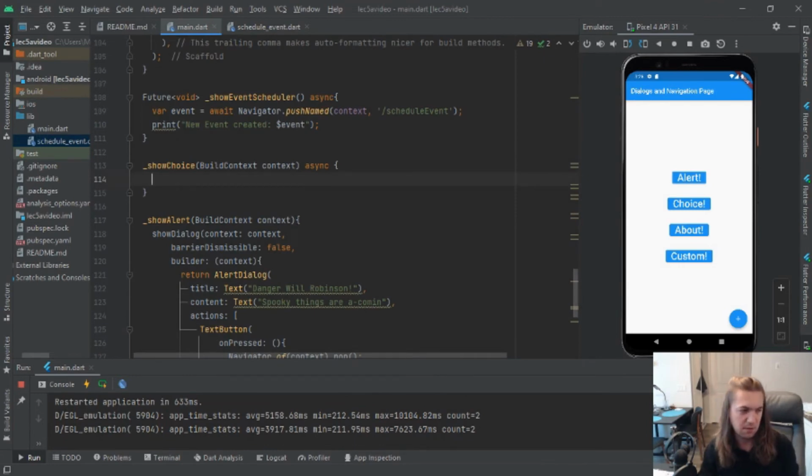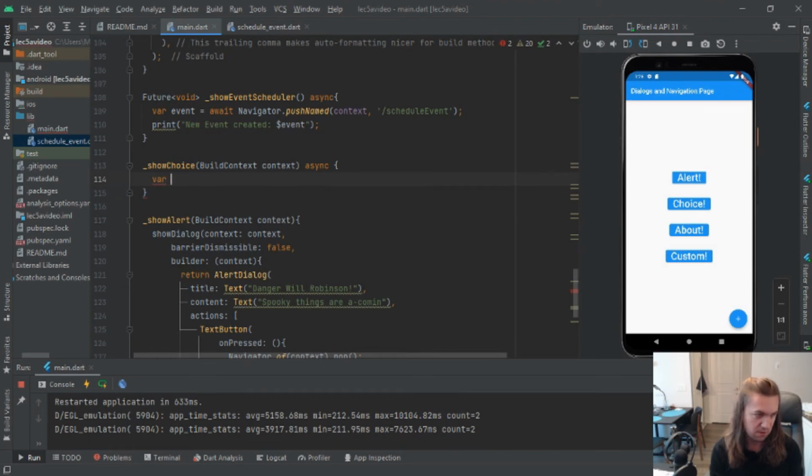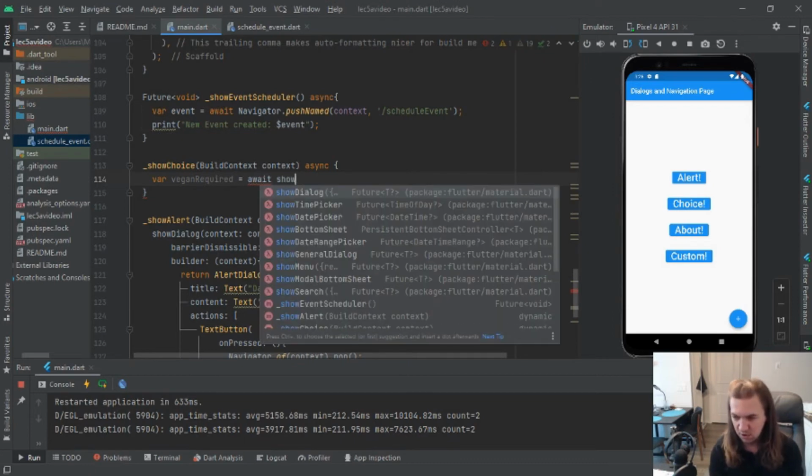In my dialog, I'm going to give them the option to pick between 2 different choices, and then depending on which one they pick, we'll close the dialog box and return either true or false. So let's make this a variable. I don't think we have to, but we'll do it anyway just for fun. Vegan required equals await, and to use the await keyword is why I have to make this an asynchronous function. Show dialog,